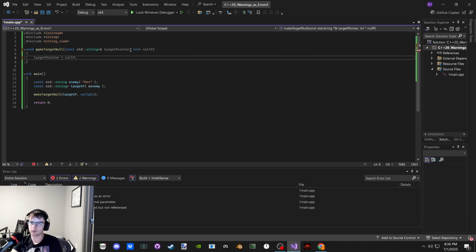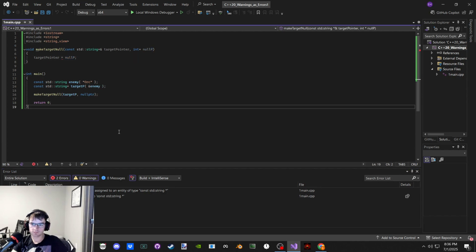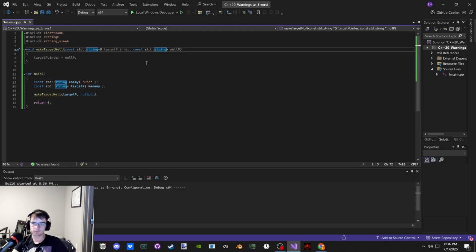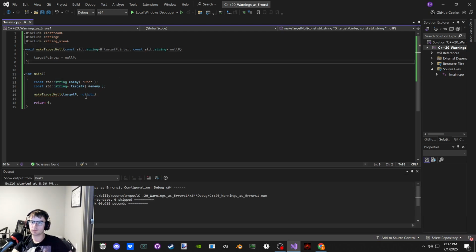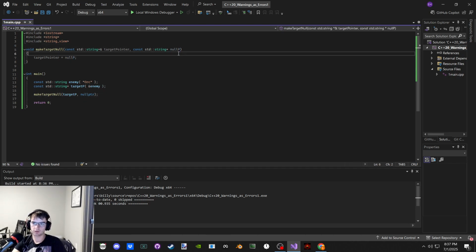Well, we don't need to return anything. That's the problem. So this would need to be a const standard string pointer, which null pointer can be. So null pointer can be converted to any other kind of pointer we want, it seems.